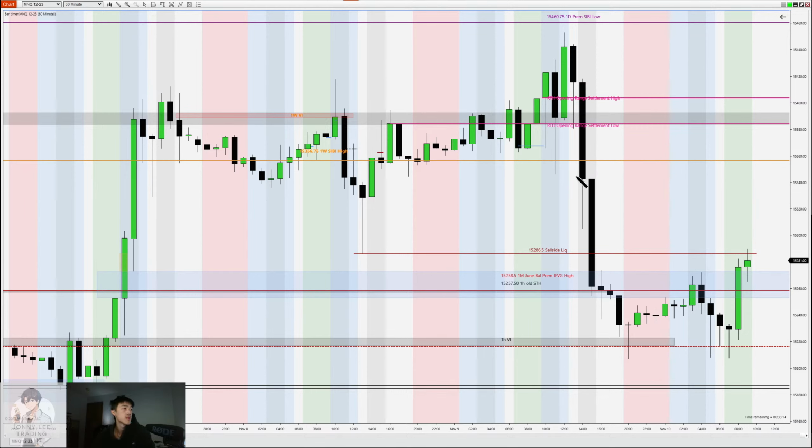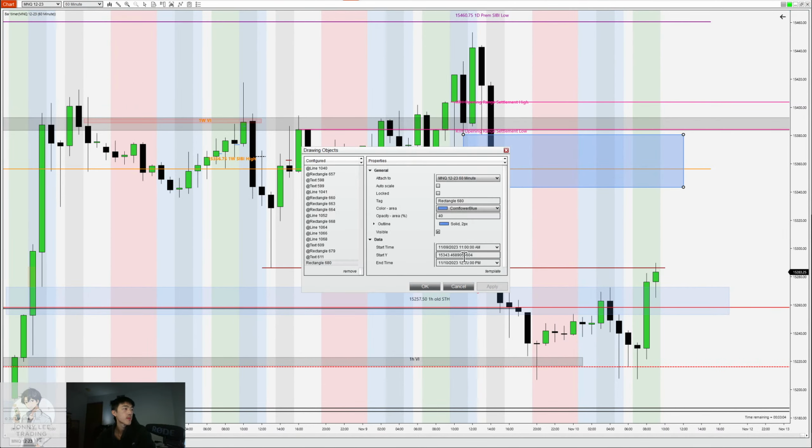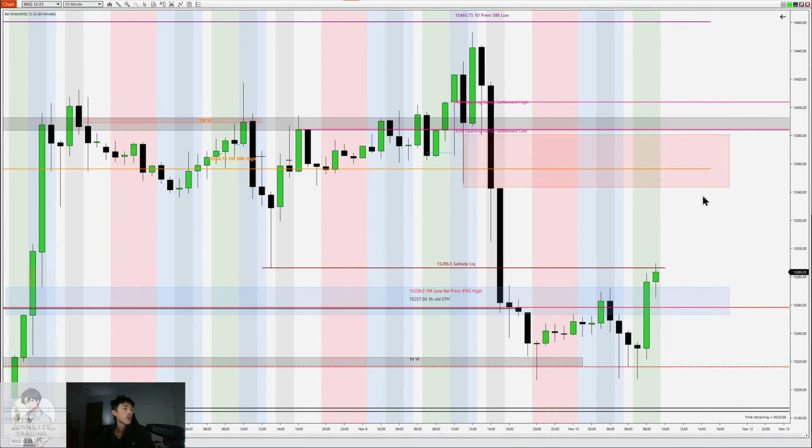So what do I see? Well, there is this area of liquidity. See that? Let's put that at 5 p.m. Let's make this a sell side imbalance. So there's an hourly sell side imbalance that I am looking for.